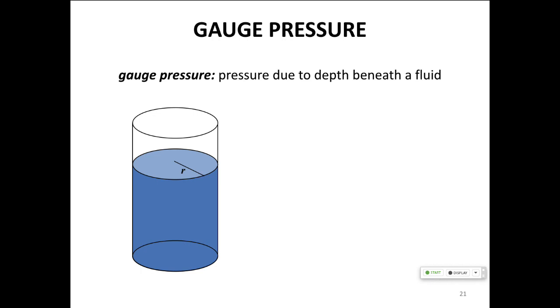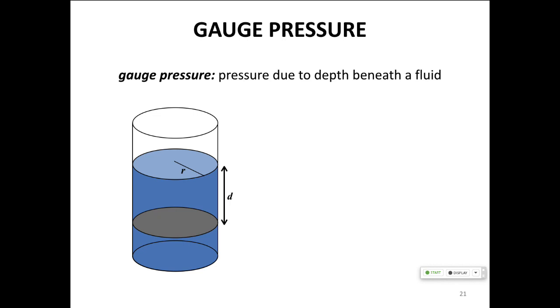So you want to measure from the top because, remember, as you go lower in a fluid, there's more weight on top of you, so the pressure gets bigger. So the gauge pressure, let's assume first, for now, this is in a vacuum, okay? If we're in a vacuum, what's the pressure at the top? Zero, okay? Then you want the gauge pressure as you go down in depth. The gauge pressure has to do with the weight. What's weight? We just did this. Mass times gravity. mg, okay? So if it's not in terms of mass, we can make it density. So anytime you would think of mg, you could say it would be rho g.